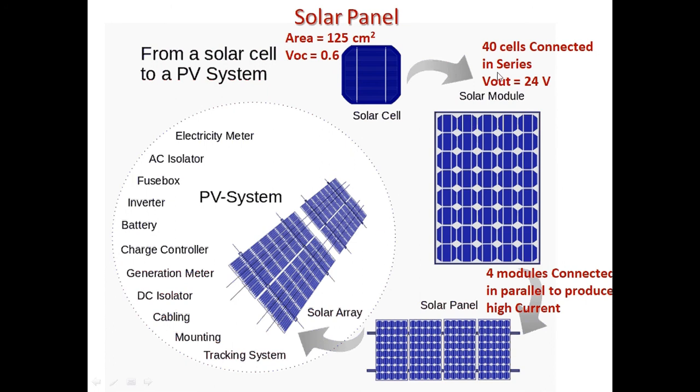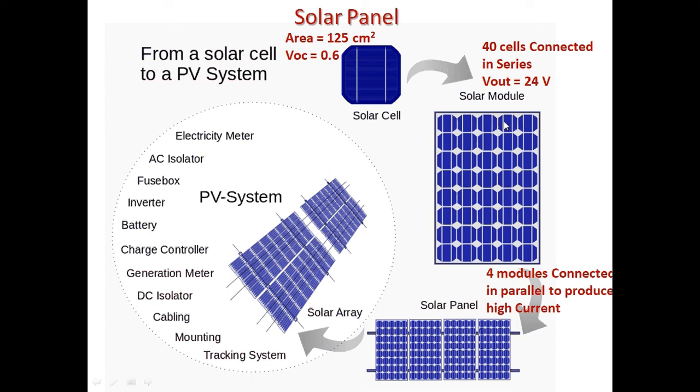And this single solar cell is installed in series with 40 such cells. These cells are connected in series like this to make a single solar module, which has an output voltage. Since these solar cells are connected in series, the voltage produced by each cell will be added up. It's like resistances connected in series, where the voltage is the sum across each individual resistance. So if you multiply your 0.6 V_OC by 40, you will get 24 volts.